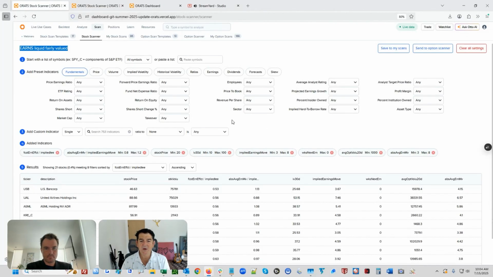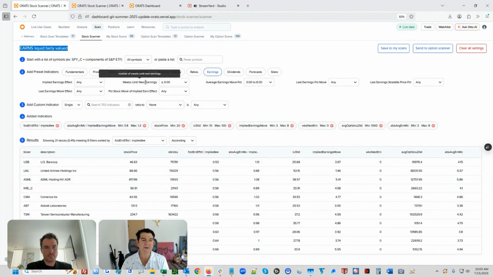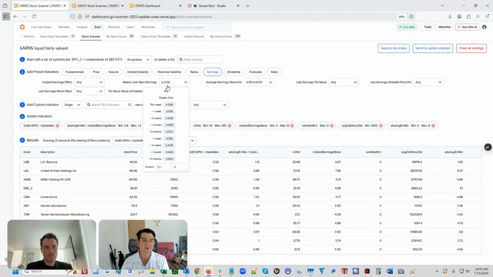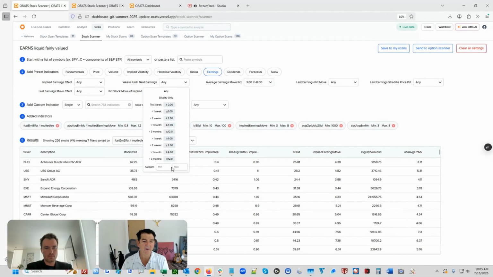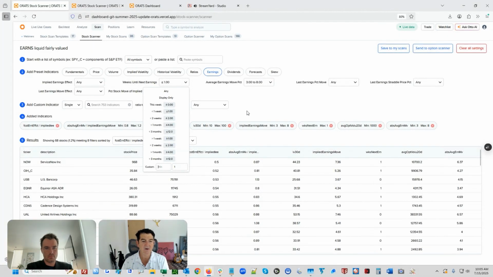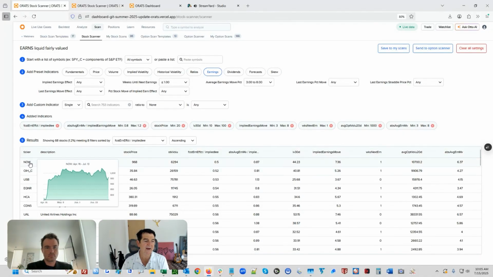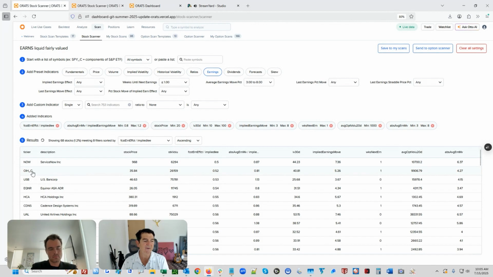So what I like to do is the following settings. Clearly, when you're at earnings, you want weeks to next earnings either less than or equal to 0, or maybe even 1, right? Then you could get strategies that are less than or equal to 1 week or 0 weeks. So we can look at that. Like ServiceNow is one of them, and this underscore is coming through because the average OIH meets that criteria. So we do